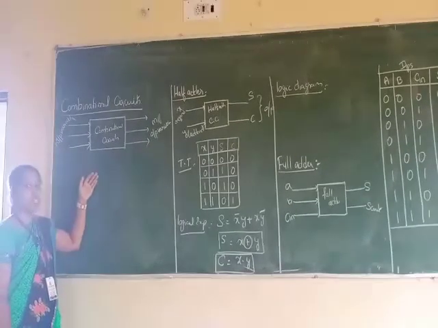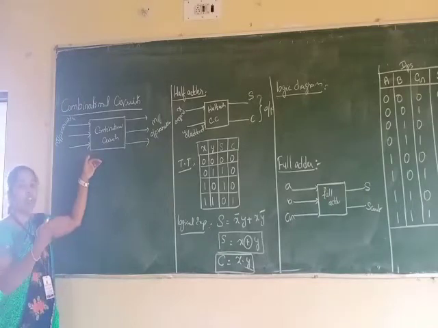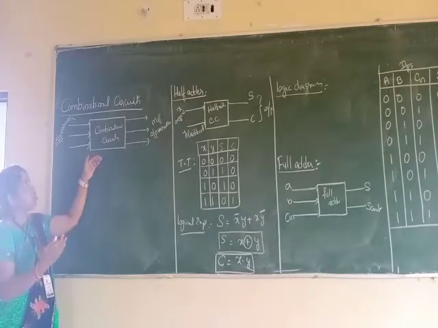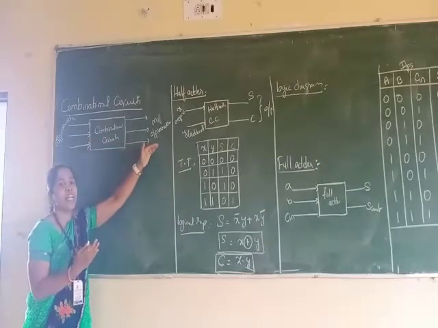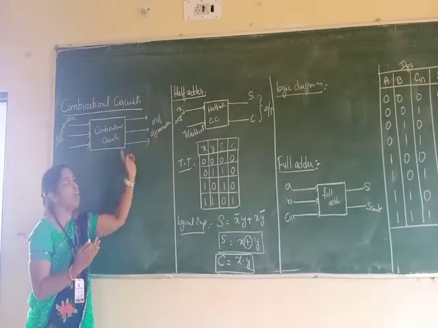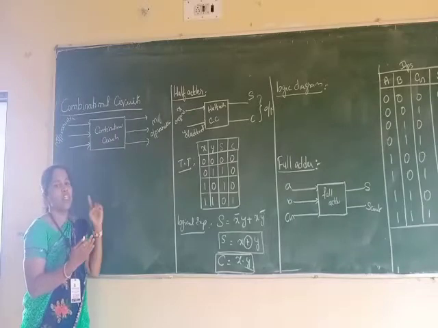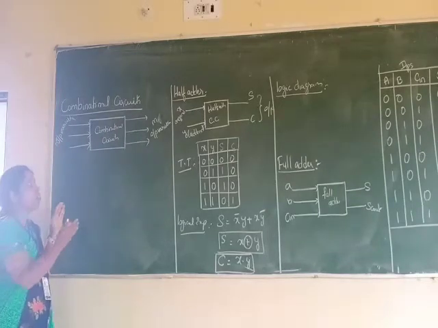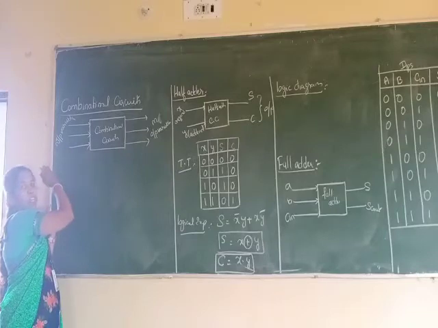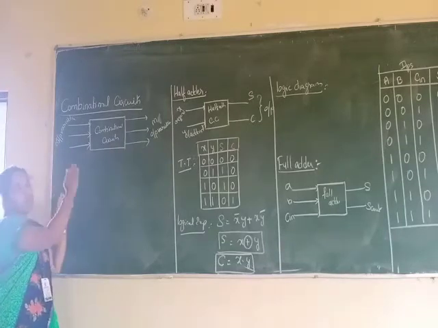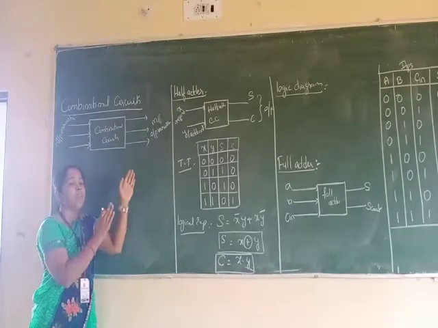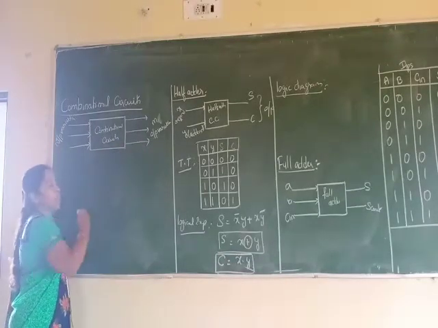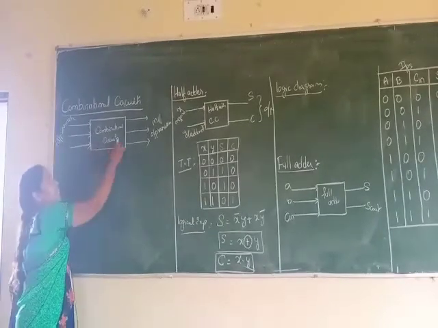Combinational circuits are considered logic circuits, right? If you see this block diagram, it includes n input variables which generate m output variables. The design of combinational circuits includes n input variables coming from an external source, directed to m output variables going to an external destination. In between, the input and output variables are interconnected by logic circuits.